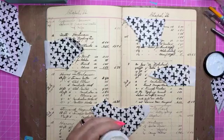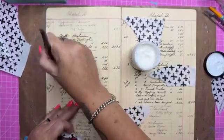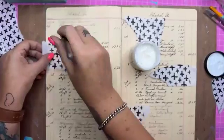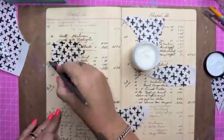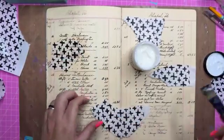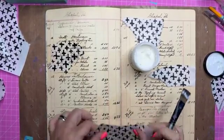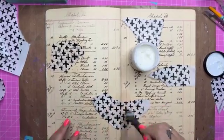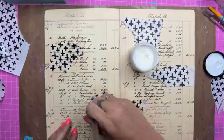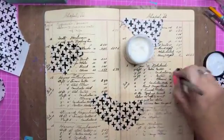Of course, gel medium is our adhesive of choice. The Dina Wakley gel medium is my absolute go-to. I make sure that I put it down onto my surface first and then secure over the top. What I love about our gel medium and our collage paper, this combination, is that the paper becomes almost transparent so that you can see all the way through and get a really lovely flawless image. I'm going to put that one down there, going over the top to seal it as well. I'm not using a ton of gel medium, I'm just wiping it off my brush at the same time, so putting it down on the base,